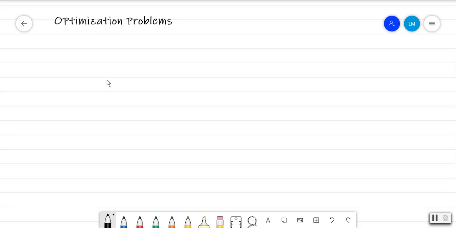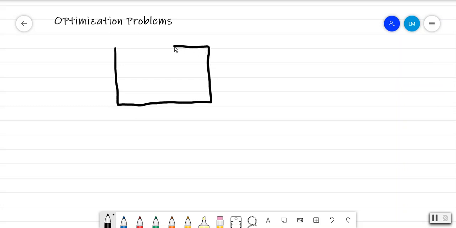Hello, in this section we're going to talk about optimization problems. Now, one way that we look at optimization is that we always have an objective function that you're trying to either minimize or maximize. So for instance, if we happen to know that the perimeter of a region